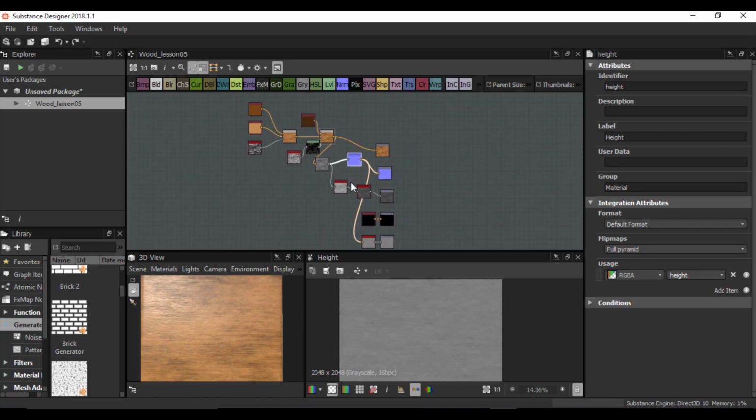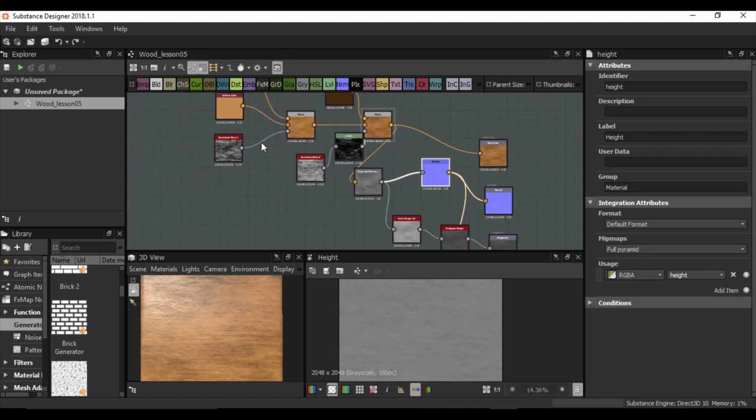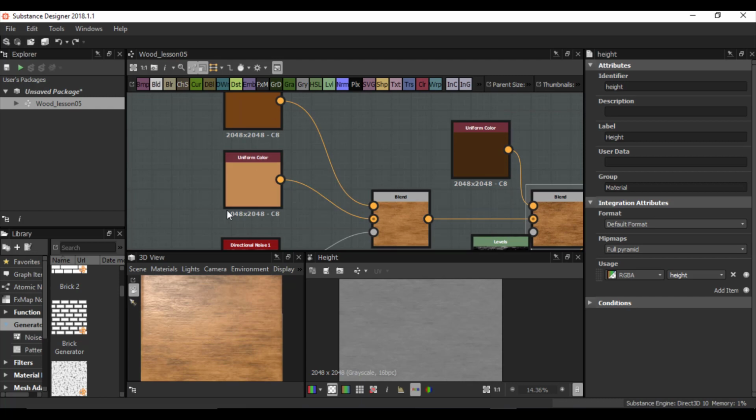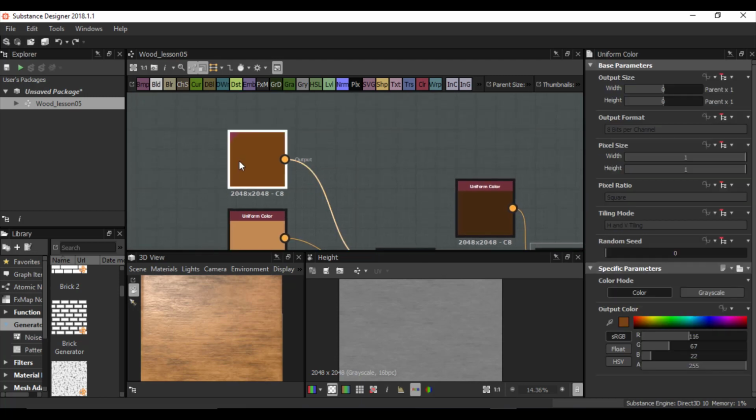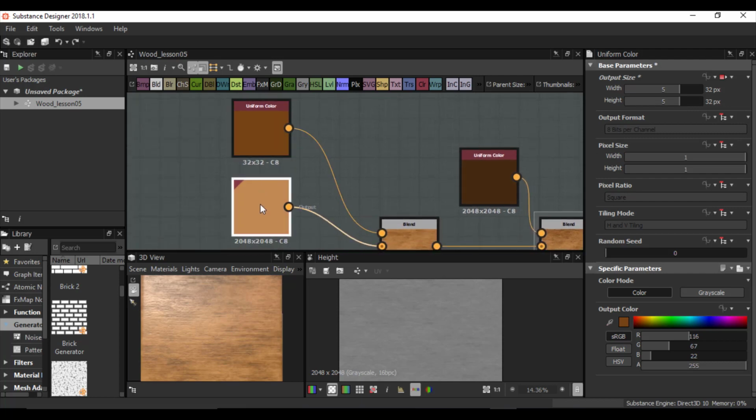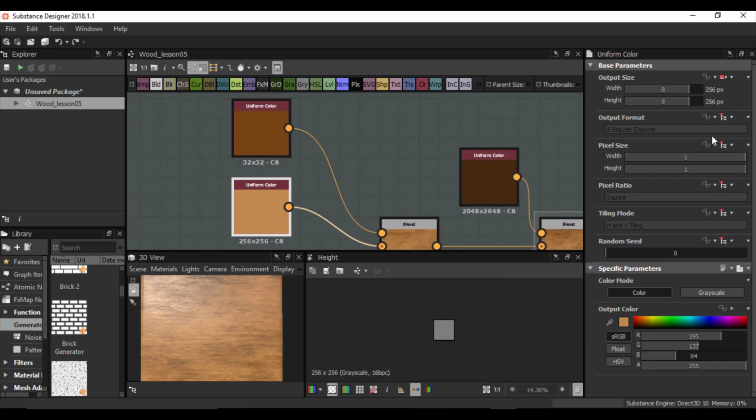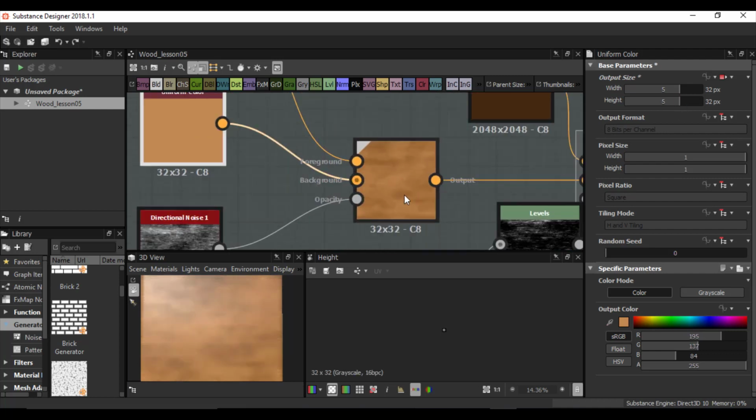Another thing we must do is, as I mentioned before, to change the resolution of uniform colors, because I want to have a more optimized material. So I need to select the uniform colors and change the form of output size from relative to parent to absolute. So I will make them absolute, and then I will set the resolution to something like 32 by 32, and again I do that with this one, change it to 32 by 32, and as you see, my blend